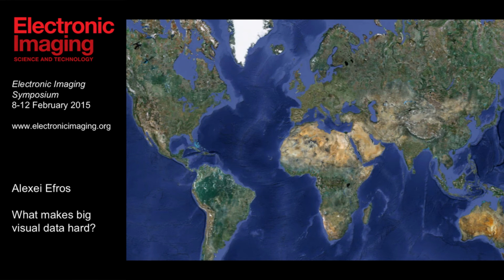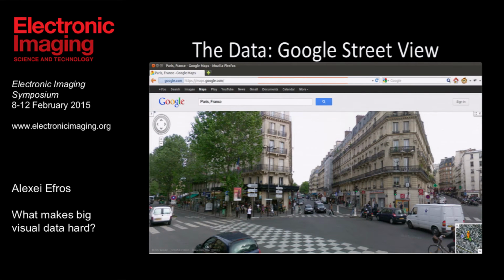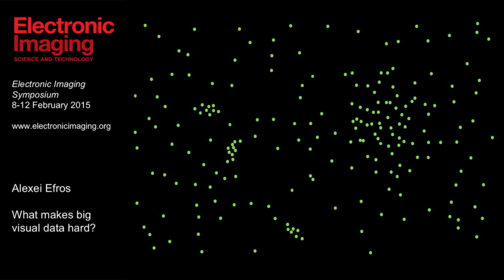And so the idea is to go to Google Street View and capture a whole bunch of images of Paris, okay? But also a bunch of other cities, just as your negative set. Google Street View is great. We basically captured the whole city. And then what we want to do is find these